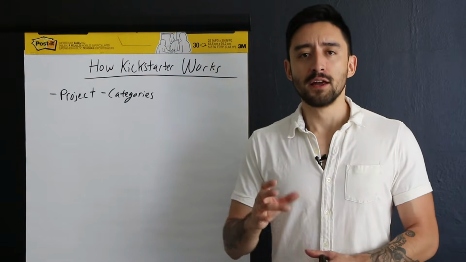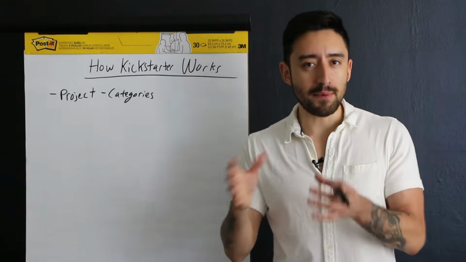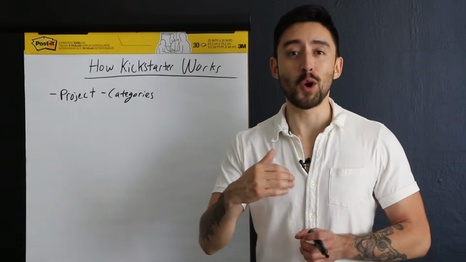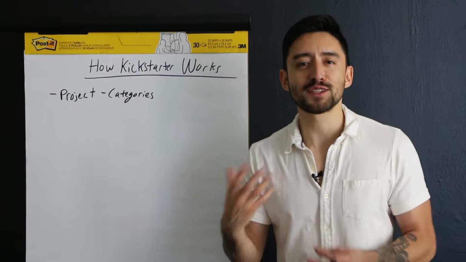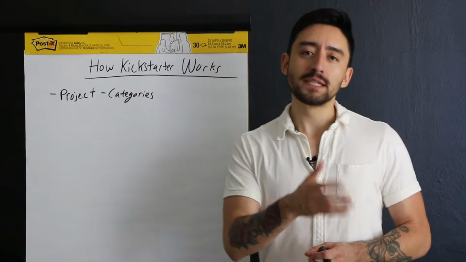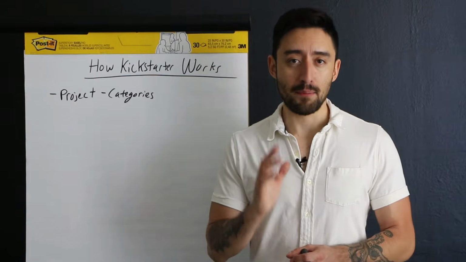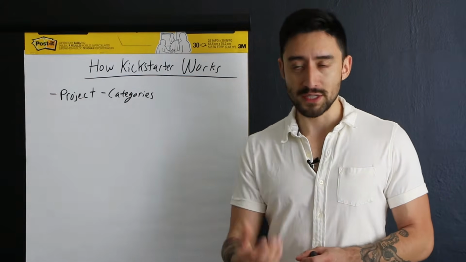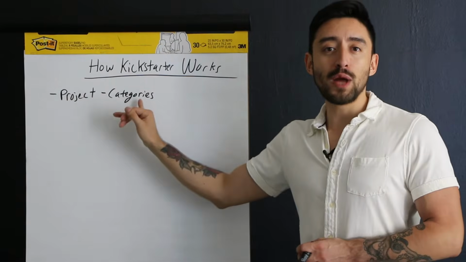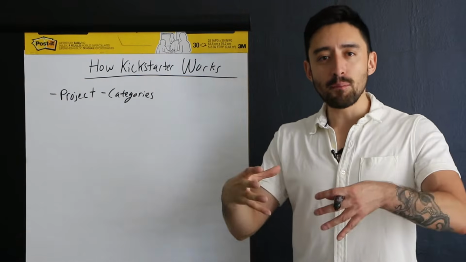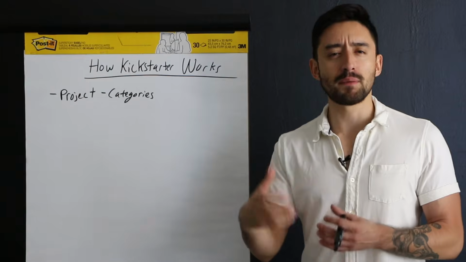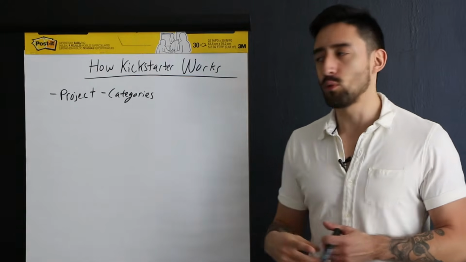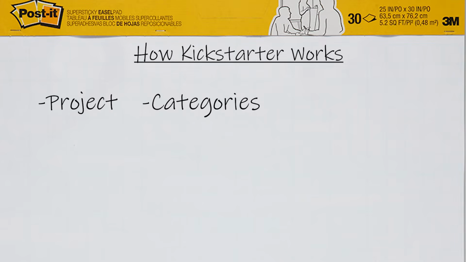So when it comes to this, there are a bunch of different categories and subcategories on Kickstarter. The best thing you can do, honestly, is just to go and browse the Kickstarter website and check out some of the cool stuff that's there, and also support some of your other creators that are on that platform. Now, the way in which Kickstarter works is that once you have your project, once you have your category, you gotta assemble a campaign page. And we're gonna talk about sort of the reasons behind that and why that works and stuff like that. But once you have your project, the categories, there really comes the campaign page, okay?